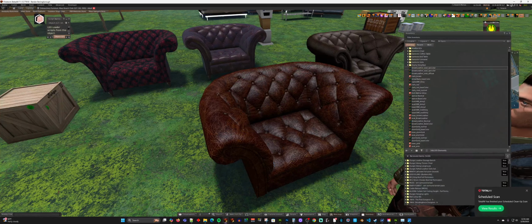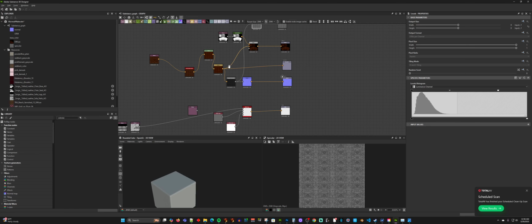So to get that, all we need is the other ORM. No, this is not PBR. We need a new base color and a new normal. Okay. Oh, the normal doesn't matter. I could have taken